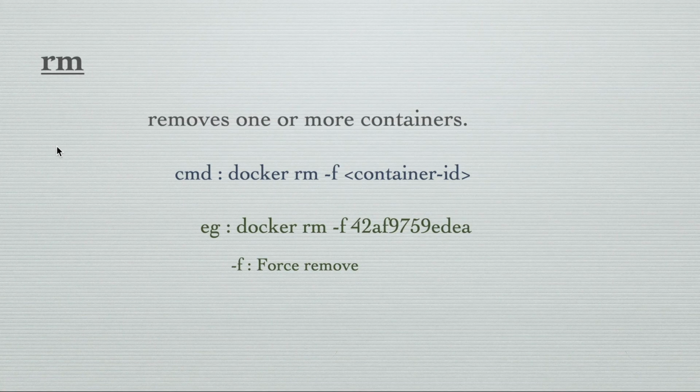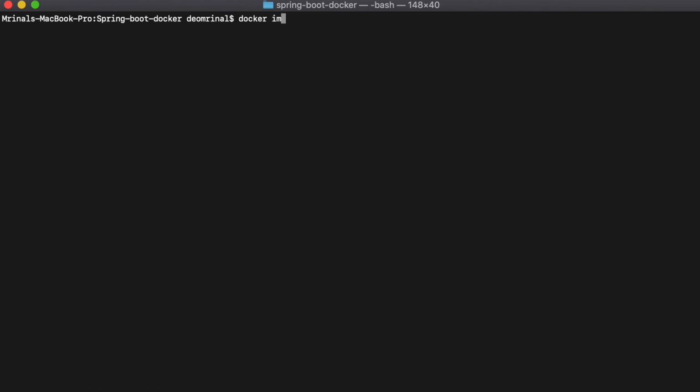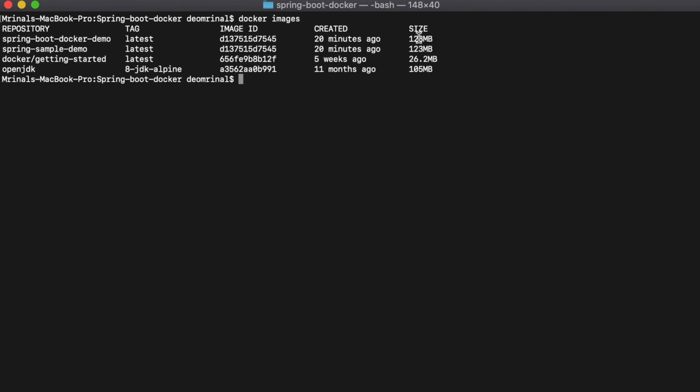Then after containers, there is one more thing, which is images. Whenever we create images, it installs all those dependencies, libraries, and all the other stuff, and it has a size, right? If I do docker images, it shows the size of the images. If you calculate all of these 4 images, most probably it will go beyond, like one image is small, in MBs, but some images with a lot of libraries and dependencies installed might go up to 1 GB also. If you have lots of Docker images in your local system, your local system space and resources will be used up to store them.